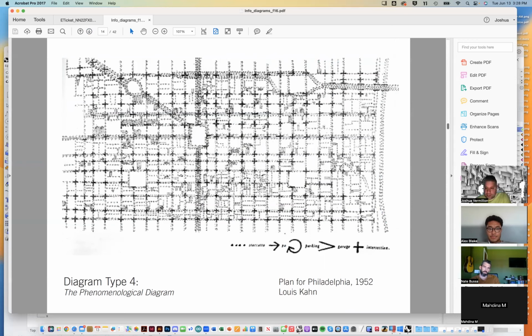He did the Salk Institute, which is in La Jolla, California, just north of San Diego. Very, very famous piece of architecture you can go see. Next time you're in Southern California, I recommend going to the Salk Institute. It's a set of laboratories in concrete and teak wood that line